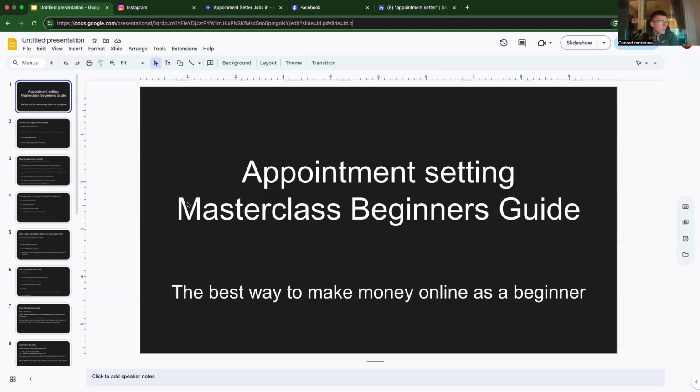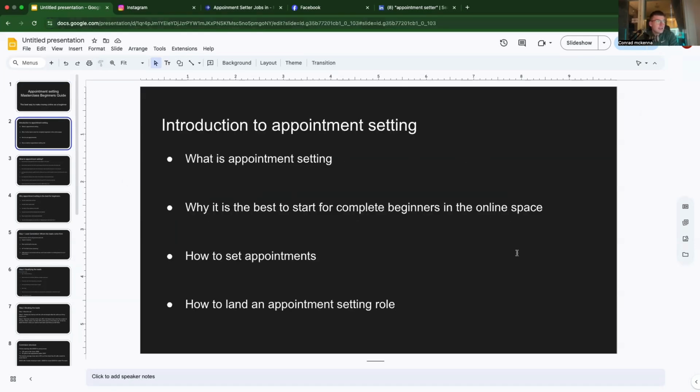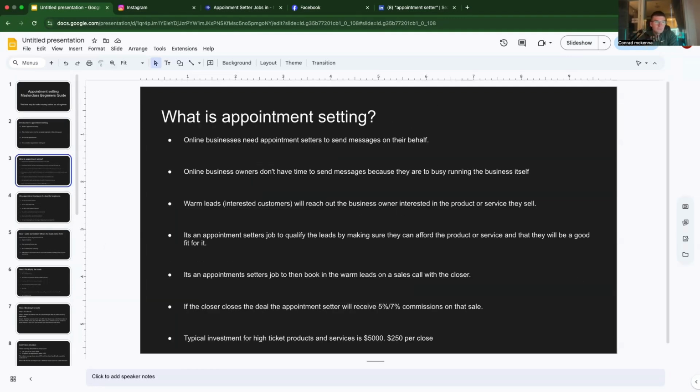The best way. So today, what we'll be running through essentially is an introduction to appointment setting: what it is, why it is the best thing to start as a complete beginner when you're trying to get into the online space, and how to actually set appointments. So what it actually looks like, what you're going to be doing, what a conversation looks like, then of course how to land an appointment setting role, pretty much everything that you're going to need in terms of getting started with appointment setting. What is appointment setting? Best way to start, how to set appointments, how to land a role, and why it is the best thing to start as a complete beginner. So straight off the rip,